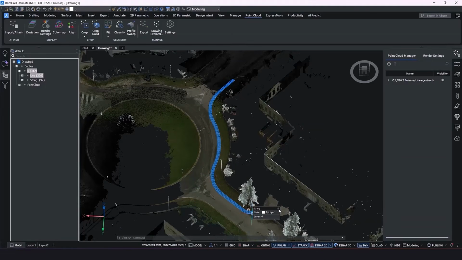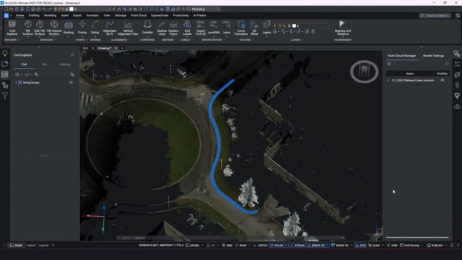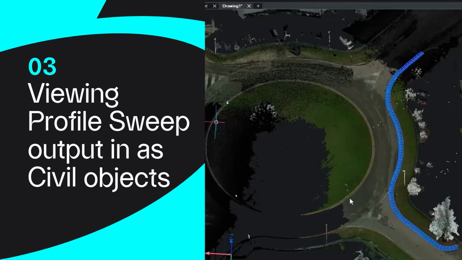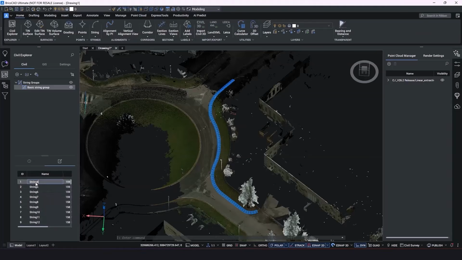Now we can see that if we change the workspace to Civil survey, here we have our basic string group. And we can see there are all our strings.